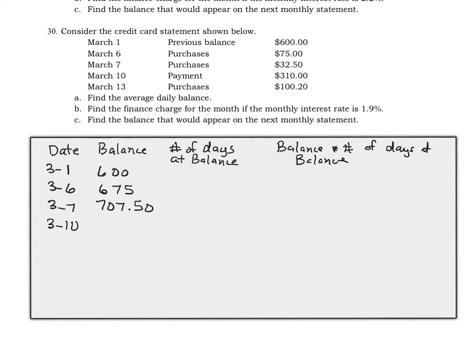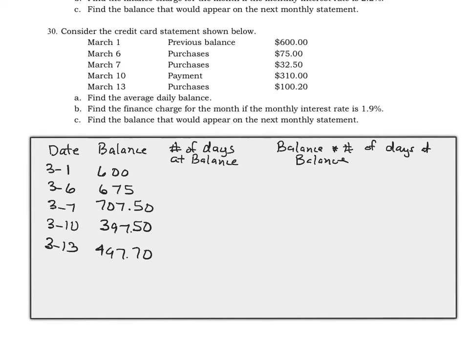and that gives us a new balance of $397.50. And on March 13th, you made another purchase, which will add to our balance, and it becomes $497.70. Okay, so it says find the average daily balance, and this means that is how our finance